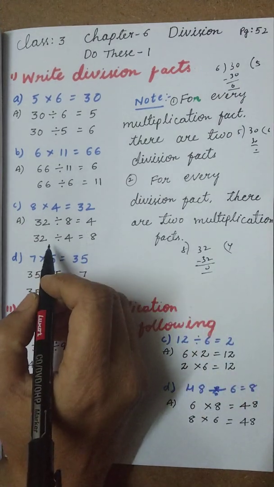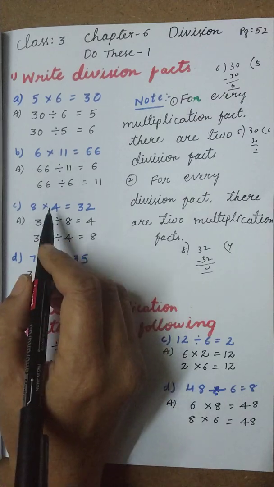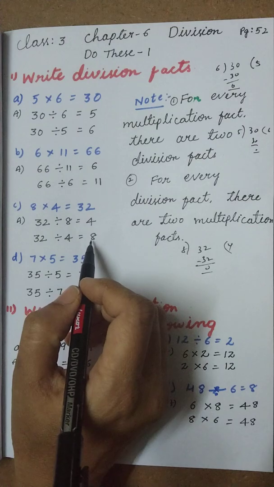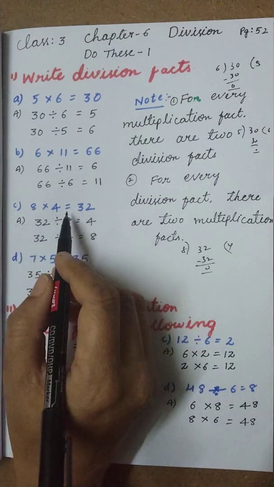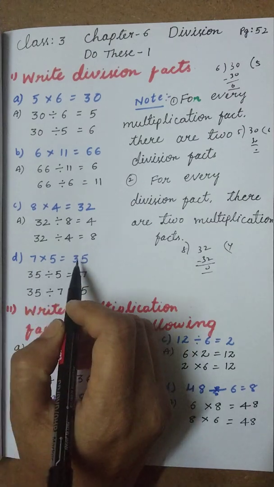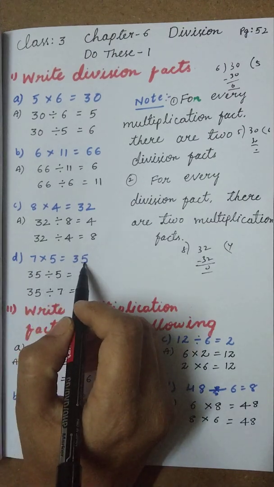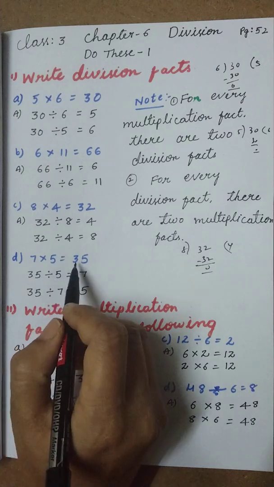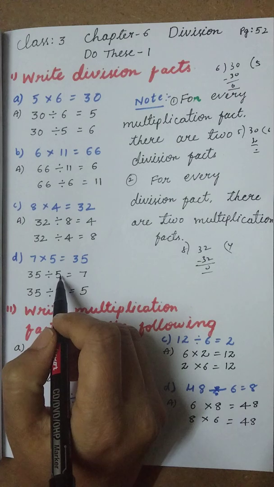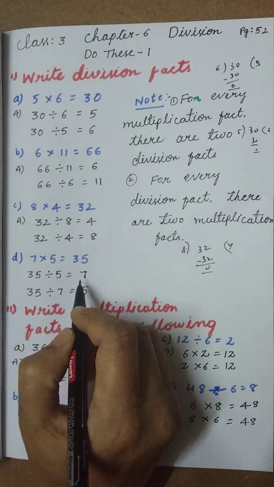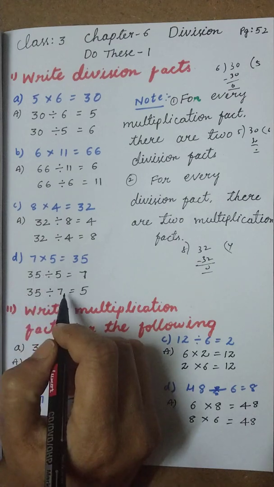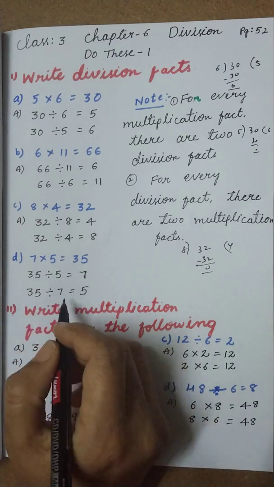Same as if I divide with the 4 also. First I have divided with the 8. After that I have divided with the 4. We are getting the 4. After that we are getting the 8. For this multiplication fact, we have two division facts. Okay. Next one, 7 fives are 35. First I have written the 35. With 35, if you are dividing with the 5, we are getting the 7. 5 sevens are 35, no, that's why we are getting 7. Okay. Next one. For these 35, we are dividing with the 7. We are getting 5. Okay.